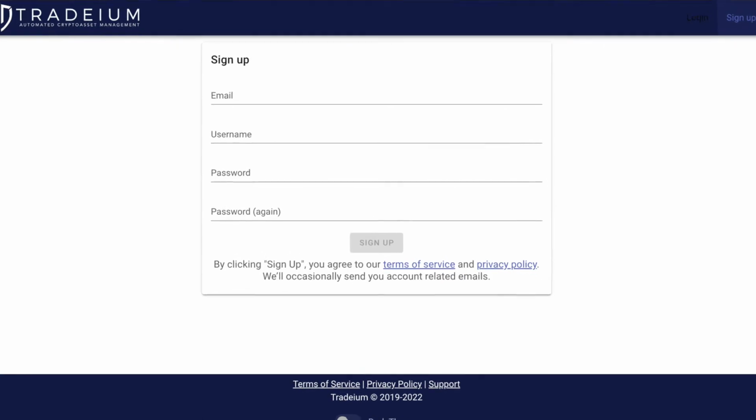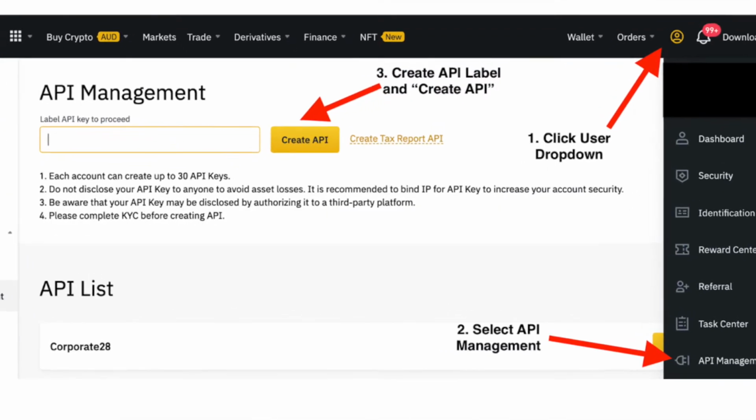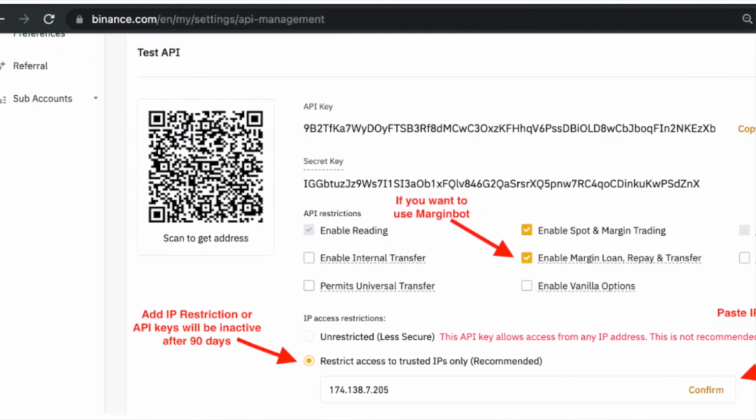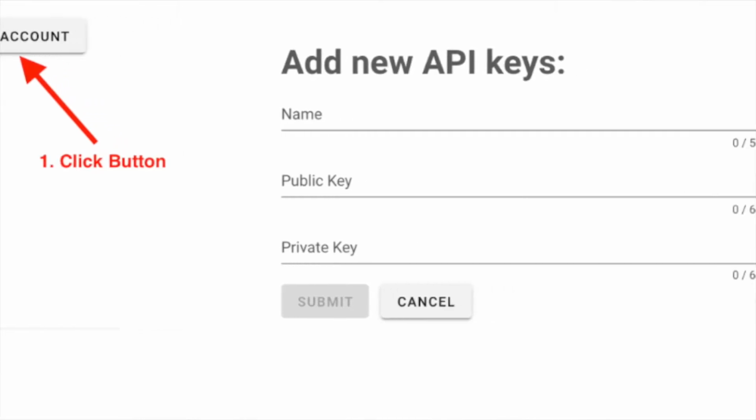If you already have that started, then it's a little bit easier, as next you just have to create an account at a trading bot service like Tradeium. Then you go back to your exchange, create API keys, and then submit those API keys to Tradeium or the trading bot service, which will allow that trading bot to execute trades on your account, but with no withdrawal functionality,